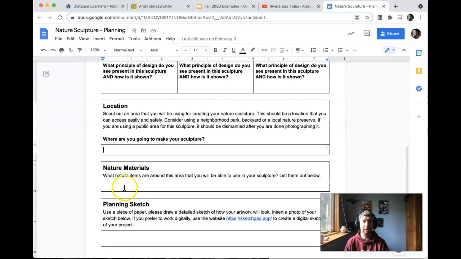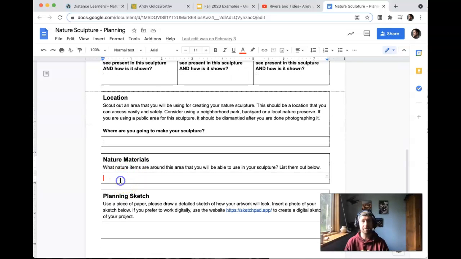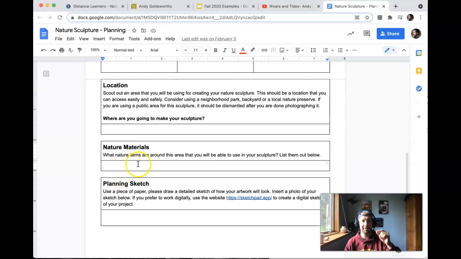While you're at that location, or you can even think about it because you may already know where you want to do your sculpture, I want you to list out the materials that you think would be useful to use. So look in that area, see what's actually there, and then start to think about how those materials could be put together. And that's where you make the connection between listing them out, knowing what's there, and then